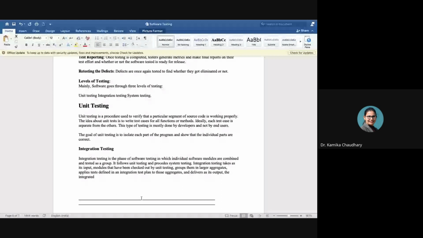Or if we are just testing a particular procedure of any particular software, then we say that we are performing unit testing. It is a procedure that is used to verify that a particular segment of the source code is working properly or not. That means it is majorly focusing on the parts of the source code. Unit means we are just focusing on a certain chunk, a certain part. A unit could be a part of the source code, or it could be considered a single module also, right? It depends on